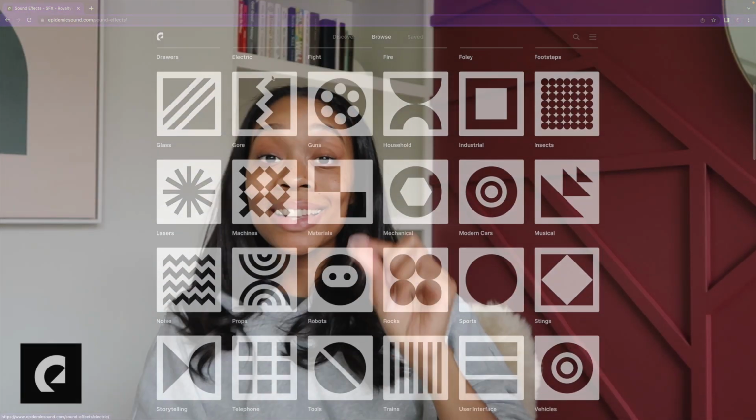Now, the key to picking a good track is also knowing that you can edit to the track. So some people would like to pick their music beforehand, especially if you're vlogging and you know this is gonna be a song that kind of carries the entire video. And this is where you wanna really zero in on your own content creation process. But for me, I typically pick my music toward the end.